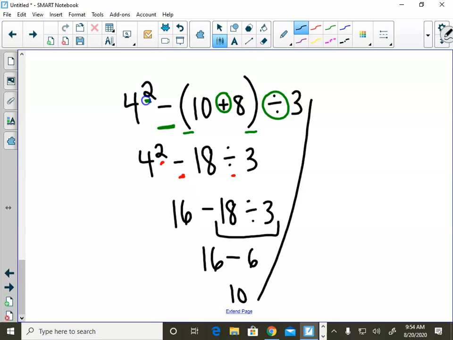And again, there's our familiar shape we're used to seeing, we end up with 10. So our simplified expression would come out to be equivalent to